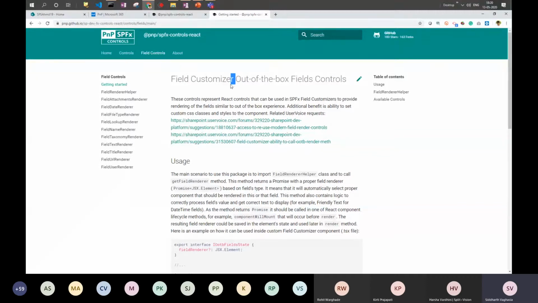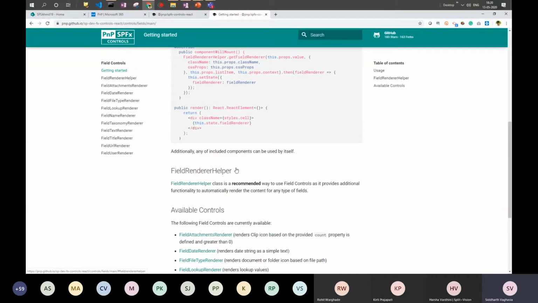These are the controls which can be used in that SPFx extension application customizer. Something which might not be available out of the box, or which might not be controlled from there, can be controlled from here. Depending on what kind of controls you want to use, you can go here and check it out. If something is useful, you can use it in your solution, right?